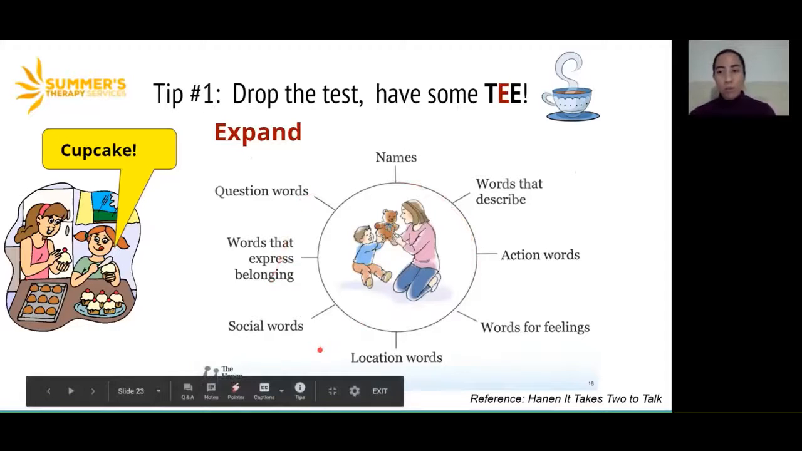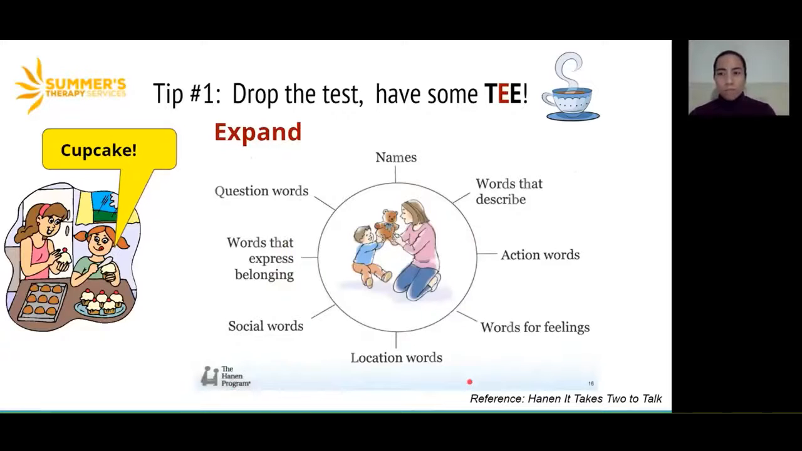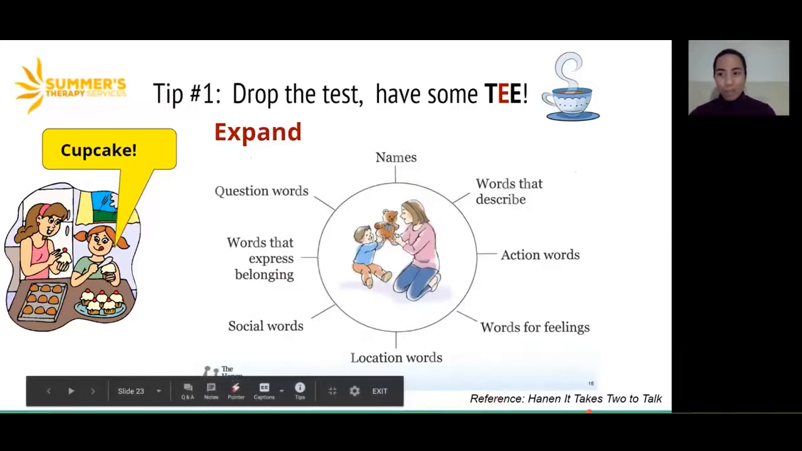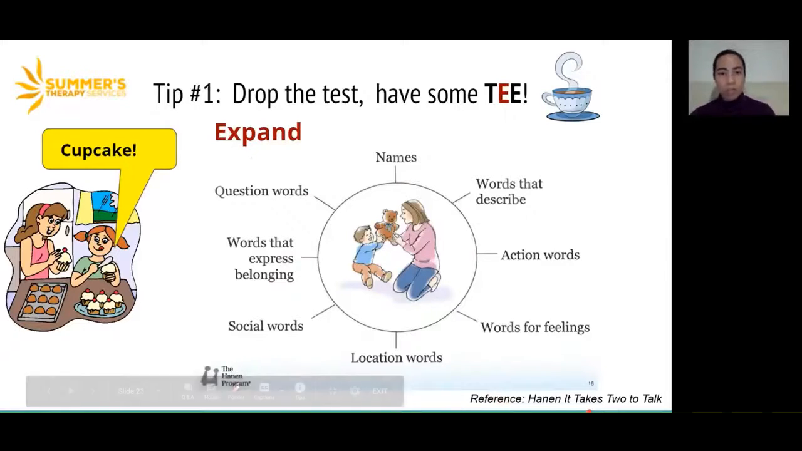This is called the language wheel. It is another model used from the Hanen program. It's from the It Takes Two to Talk program. So it is a wonderful model that you can look at. It's called the language wheel to see, am I using a range of words when I'm